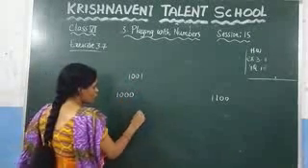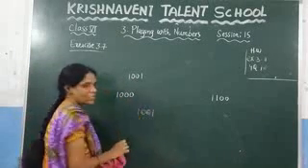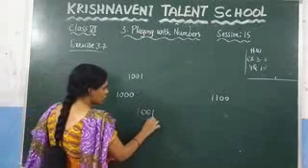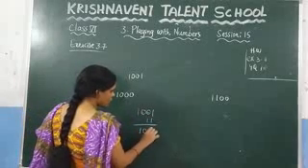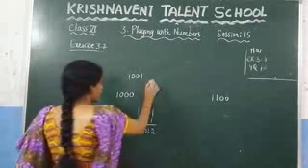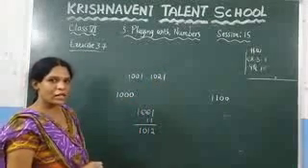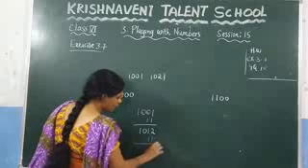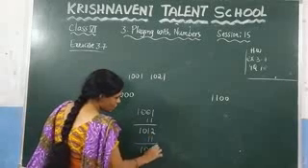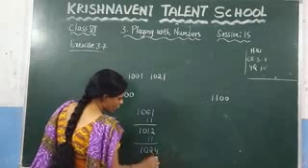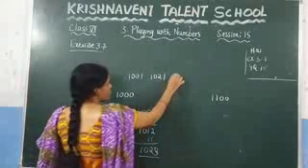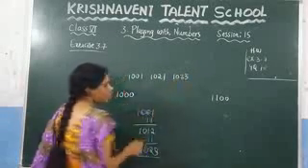So here, the first number you need to check is 1001. Just add 11 to that number. What will you get? You will get 1012. So this is the number that is divisible by 11. Again, you need to add 11 to this number. If you add 11 to this number, what will you get? You will get 1023. So write it here, 1023.